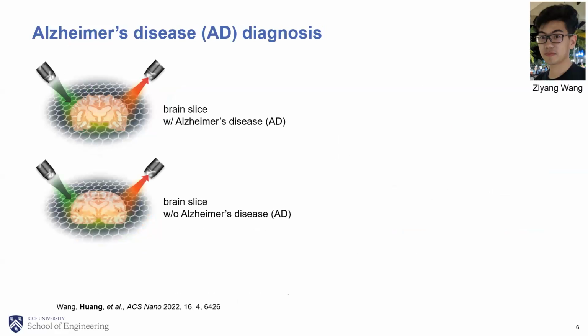So with this tool, with the graphene-assisted Raman spectroscopy, we try to understand how it can help with the Alzheimer's disease diagnosis. From our collaborators, we obtained 2 types of brain slices. They're from the mice with Alzheimer's disease and without the disease. Then we just measure Raman spectra on these brain slices. And for part of the measurement, we contacted a layer of graphene with these brain slices. And now my students, Yang Wang, try to use machine learning to classify these Raman spectra, AD versus non-AD.